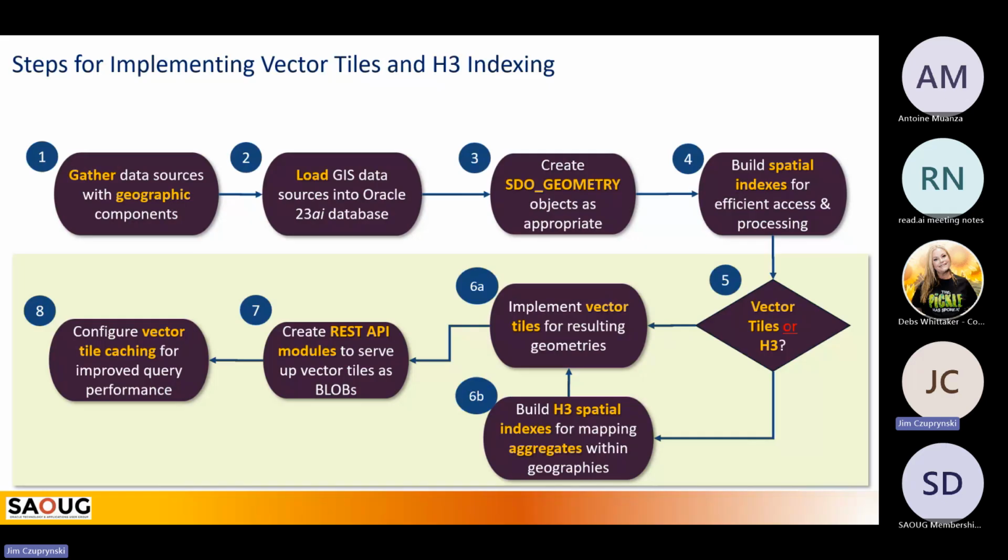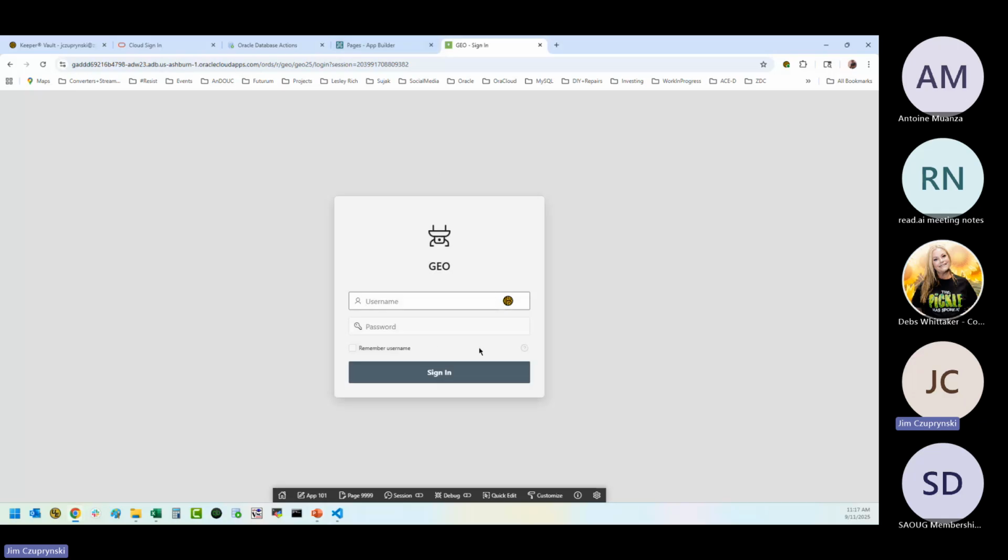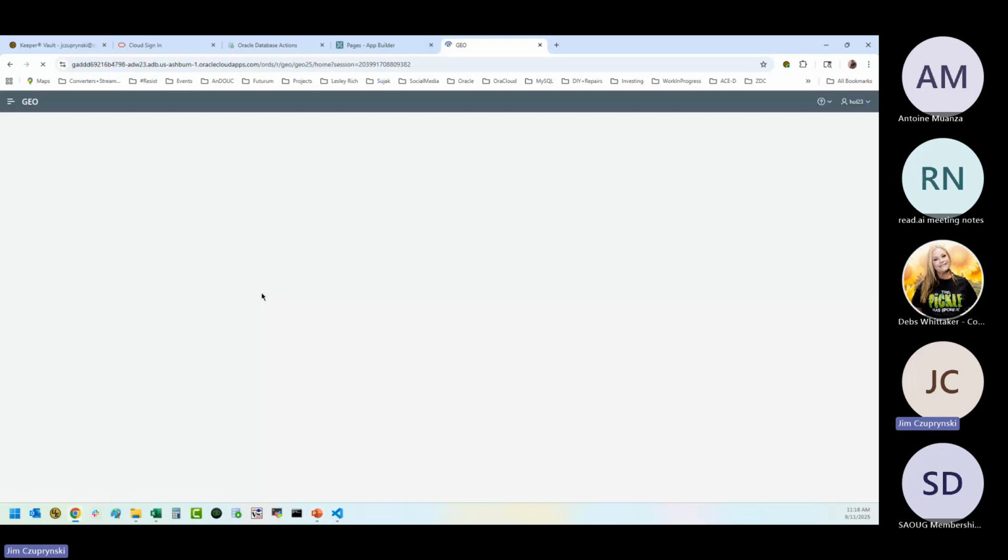I'm finding that this layout, this map, if you will, or flowchart of what we're trying to achieve really helps anybody listening because you understand where I'm going. And I've started to incorporate this in every single presentation I do when we're talking about code, especially. So let's go talk about vector tiles. But before we do that, let me bring up an application that I've written. This is an application in Apex, and this particular application actually leverages something called a native map region.